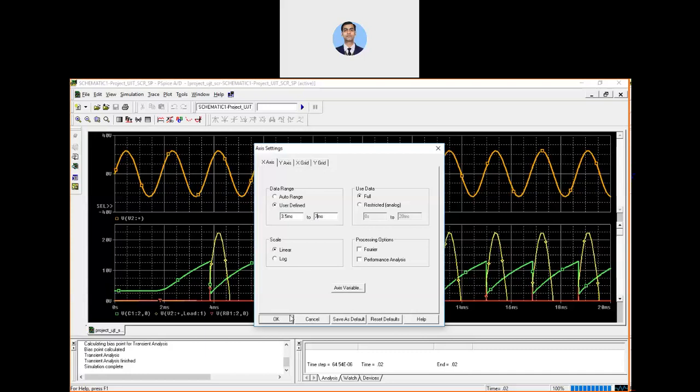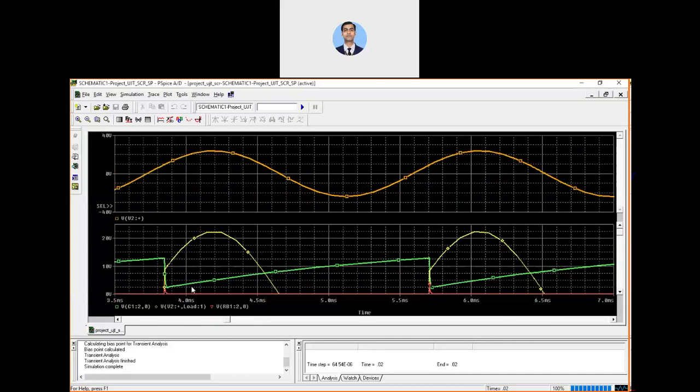Now this is the charging of the capacitor in the green, charging from the minimal voltage, the valley voltage, to the peak voltage. The UJT is not working, that means your capacitor is charging through the RC. Now as soon as it reaches the peak value, the UJT turns on,